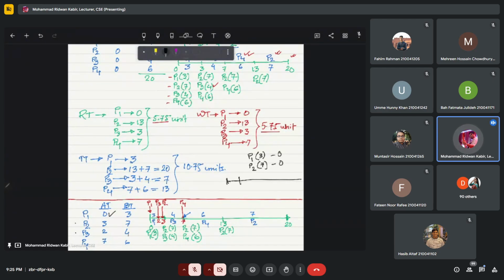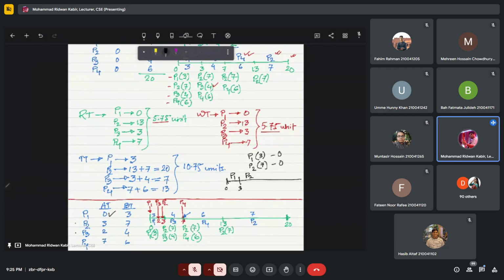So you will definitely give the CPU to P1 first. Let's say after P1 finishes execution at 3, P2 is given the CPU, and it will carry out its